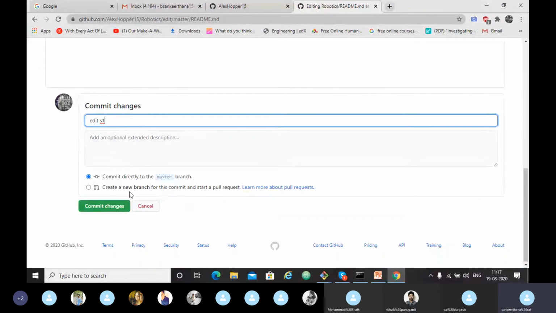But you are creating it on a new branch, not on the master branch. It is as you wish. But I am not changing this option. I am committing to the master branch. So I'll just click commit changes.